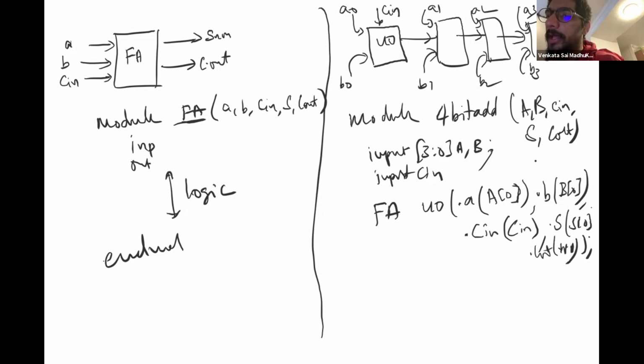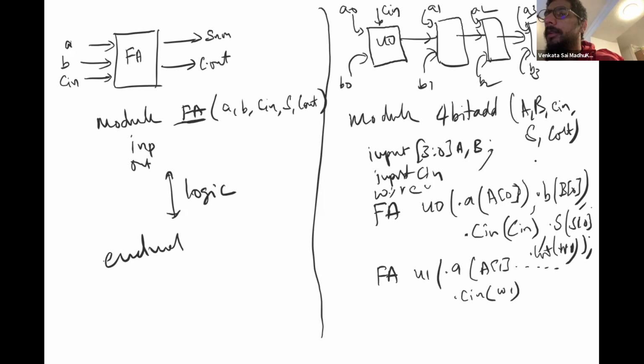Then for the next module, I would instantiate the same module again. I will name it U1 and I will start writing dot A and things like that again, so A1 and so on. But for dot C in, I'll have this W1 going in. So I'll just declare them as wire W1, W2, and so on. I'll have to do this 4 times, so U0, U1, U2, and U3, and then end module. Once I do them 4 times, I'll have all the instantiations one after the other, and I'll end